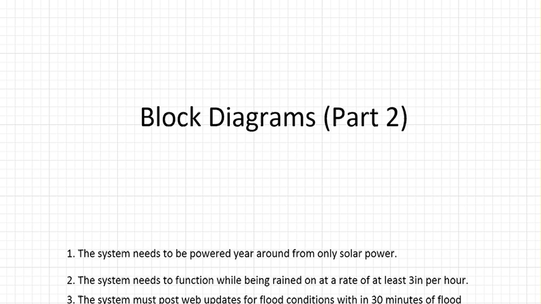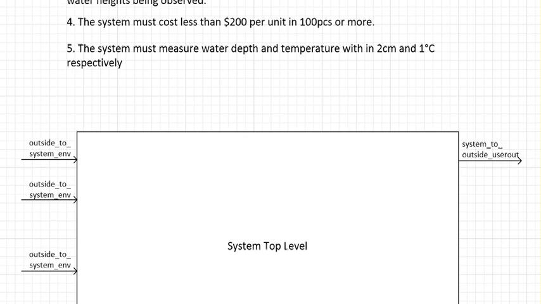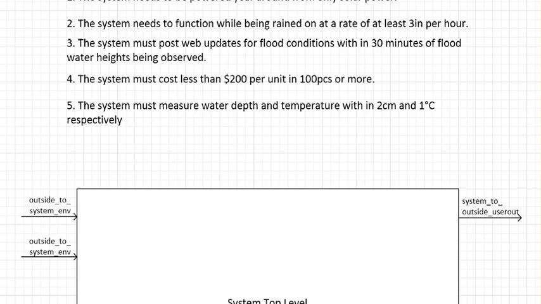Hello everyone. Let's talk a little more about block diagrams. In part two, we're going to specifically look at how do you go from a system level single block down to your first iteration of your internal block diagram. So let's get started. What you can see right here is our requirements again from the previous example, and